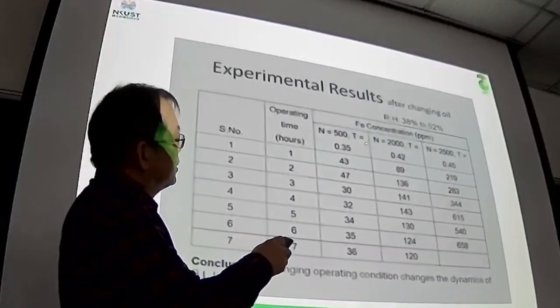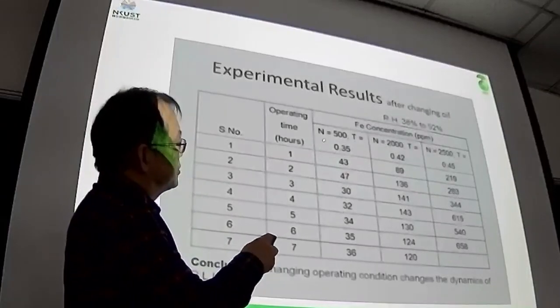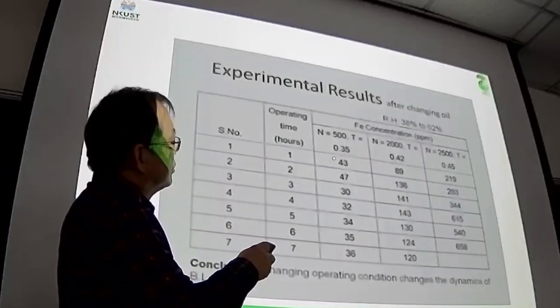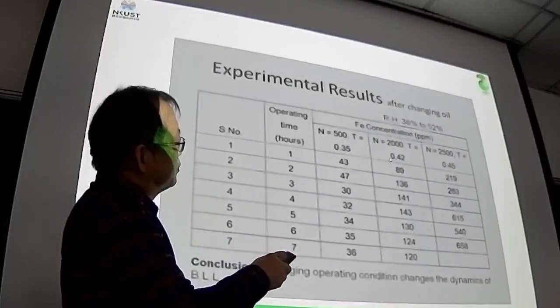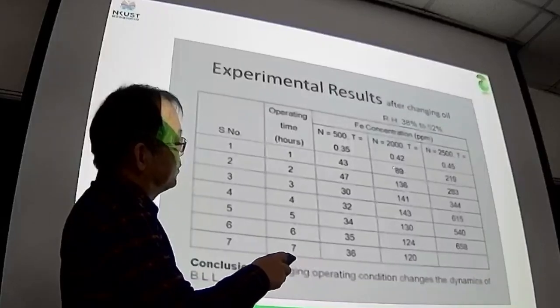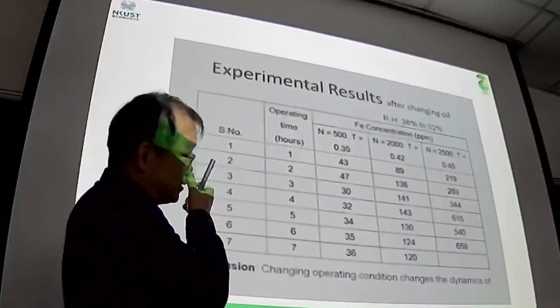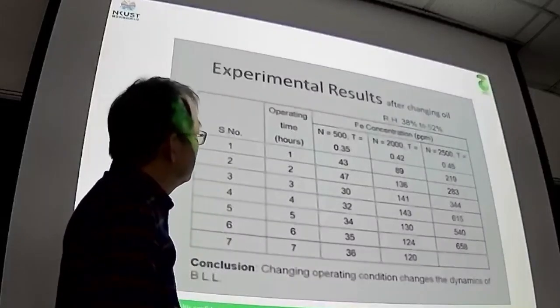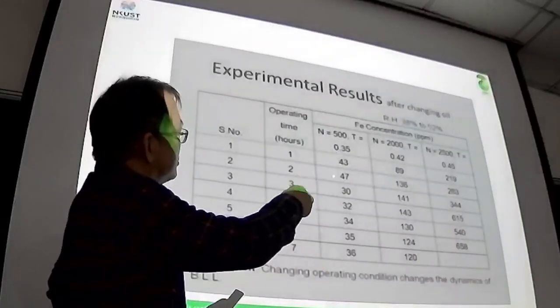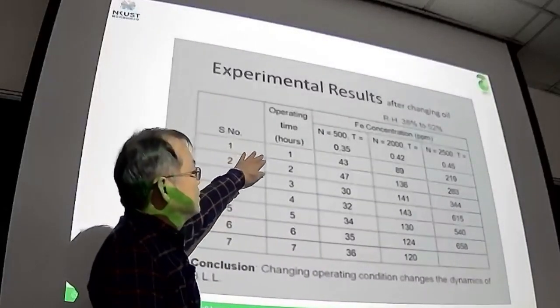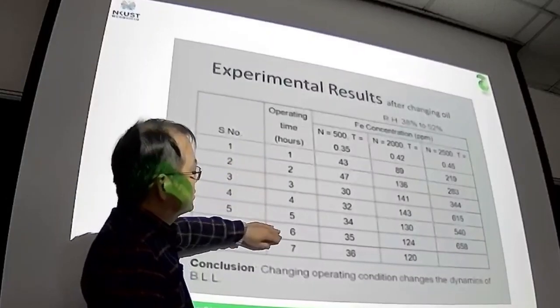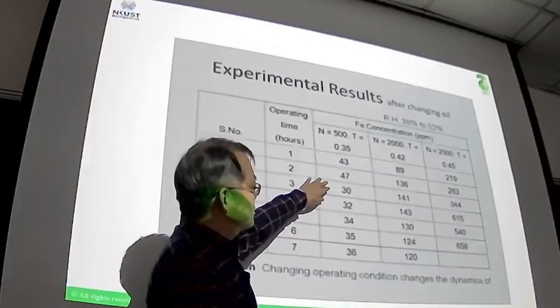This is the torque measured. When you increase your rotational speed or torque, you will have a higher wear rate. In the same condition, as the duration increases, you will also have a higher concentration of the